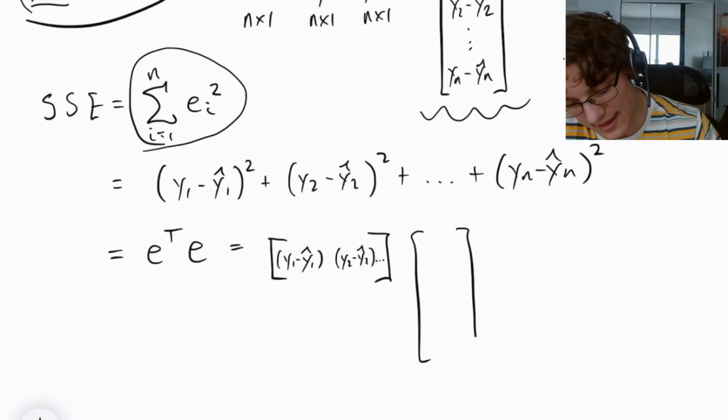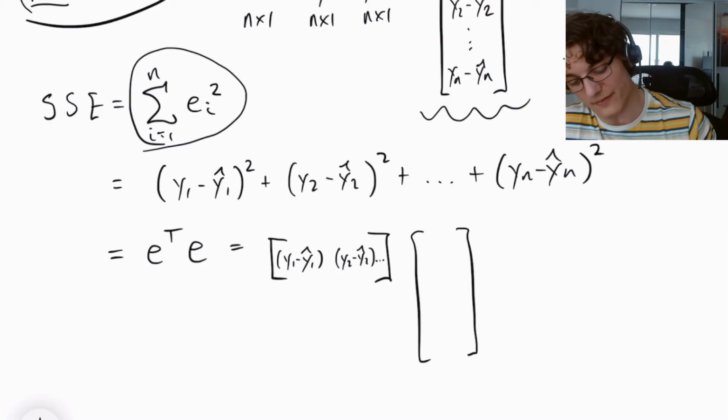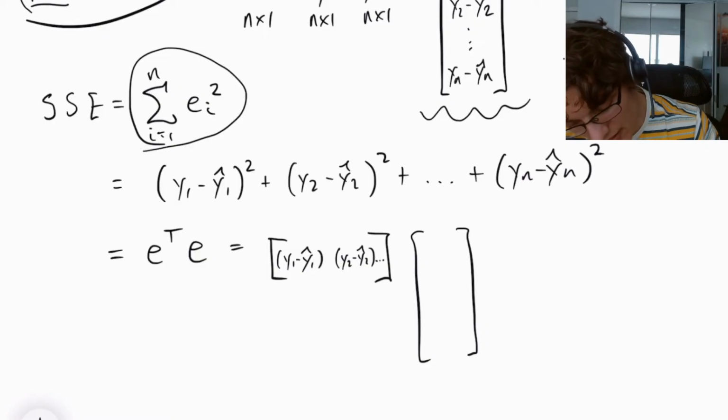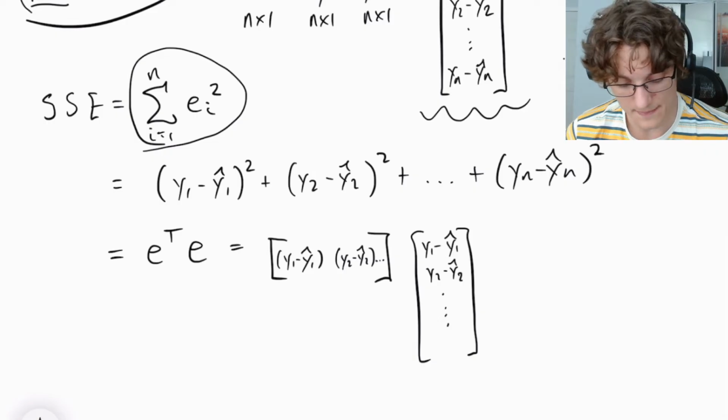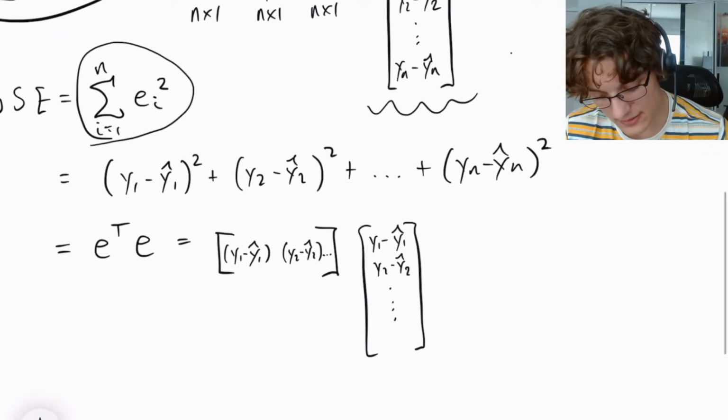And then we have the original column vector of y1 minus y1 hat, y2 minus y2 hat, and so on all the way to yn minus y hat n. And if we were to compute this